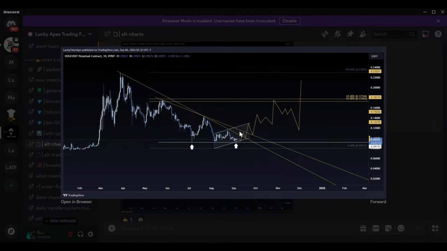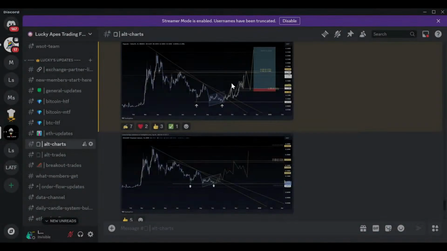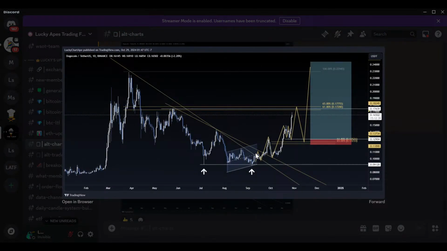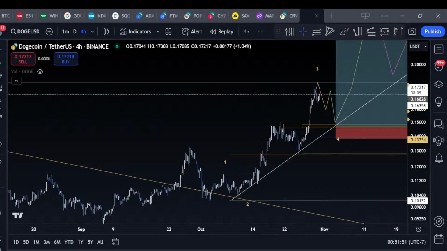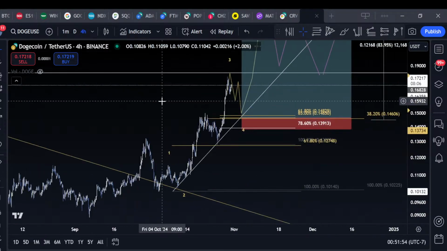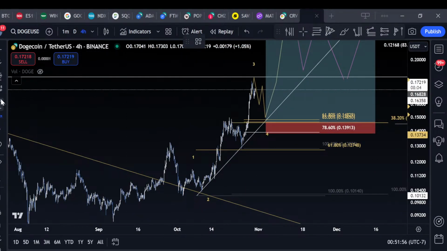Now, this was a rough idea at the time, but this is it compared to the current chart. We run up, we retest this trend line, break out, retest this trend line. We have this little consolidation, impulse, and one idea is coming down and running all these lows back into 12 cents. The other idea is what I just shared, which is into this ascending structure, and we have continuation. So there's two ideas I'm looking for here. Two ideas I think are strong, and I'm willing to put risk on, and I'm okay to take a stop on one, and I'm okay to take a stop on both. They're reasonable ideas to me to add to longs.